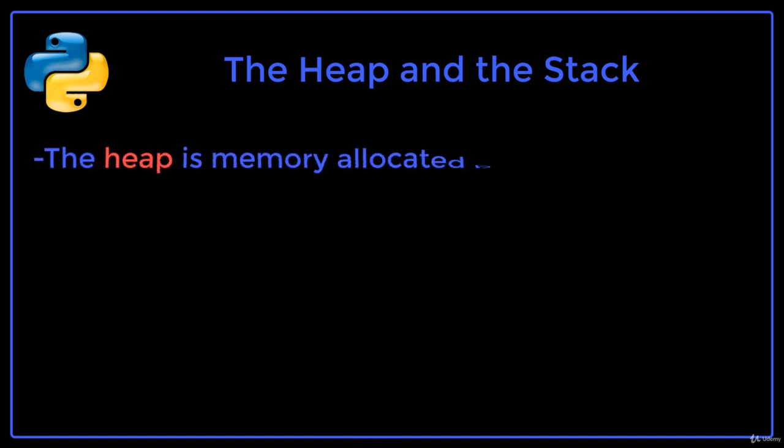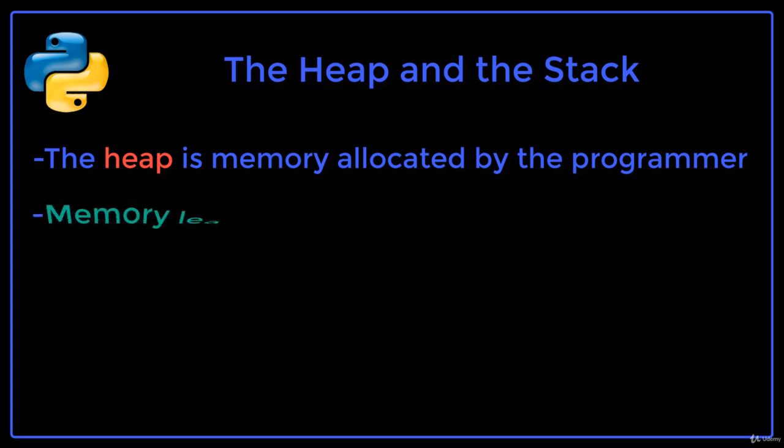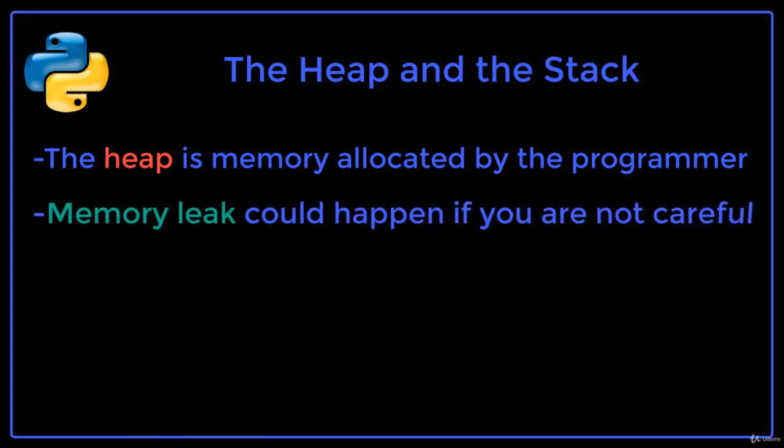The heap is memory that is allocated explicitly by programmers. It is basically a pile of memory space available for programmers to allocate and deallocate. When a programmer does not properly handle this memory, something called a memory leak can happen in the program. A memory leak happens when a programmer assigns a block of memory in the heap and then forgets to deallocate that block of memory. To avoid a memory leak, the programmer should always free the memory when it is no